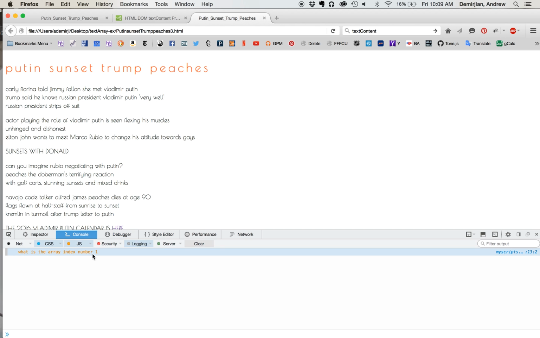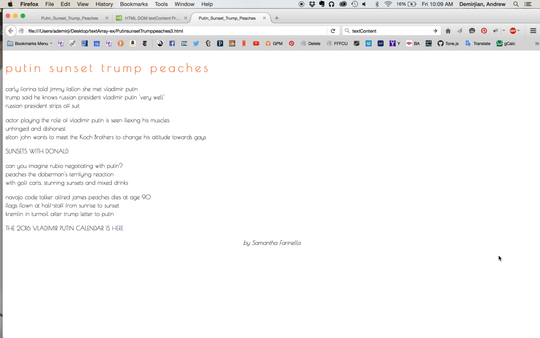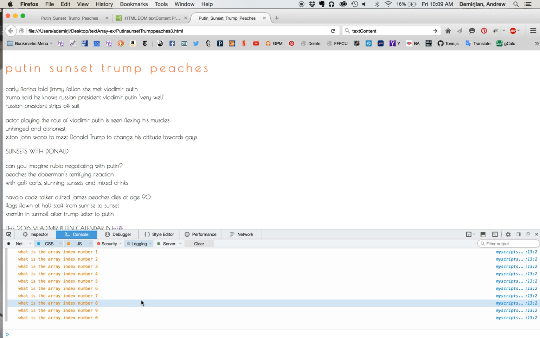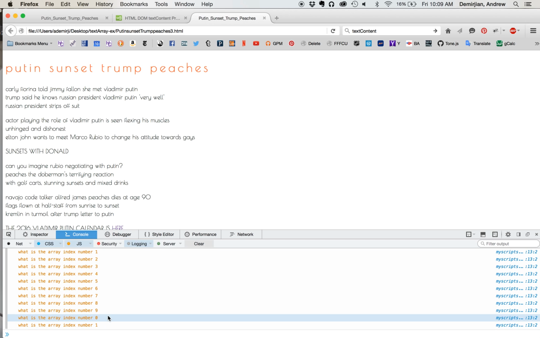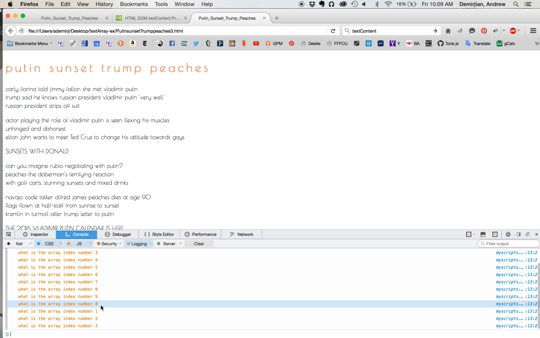Okay. So here's that console log thing I was telling you about. You can turn this off and on by using the command option K. Okay, so what is the array index number? It's 8. It's 9. Let's watch it go through the cycle. It's 0. So the length of the array is 10 items, and when it got to 9,